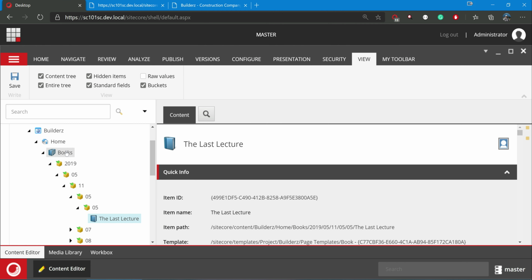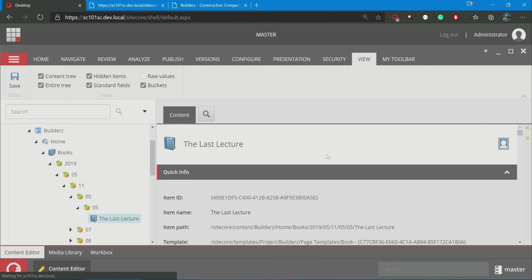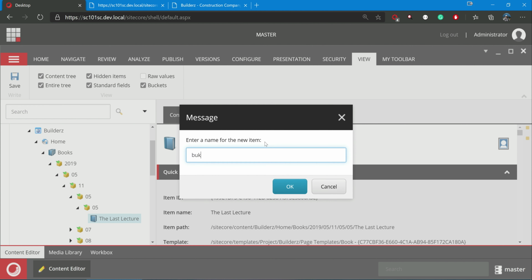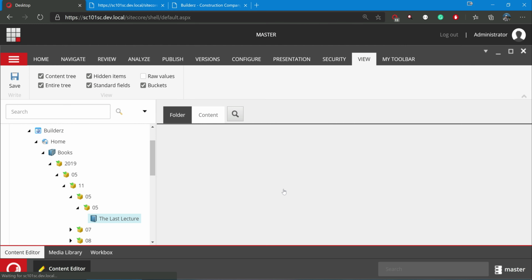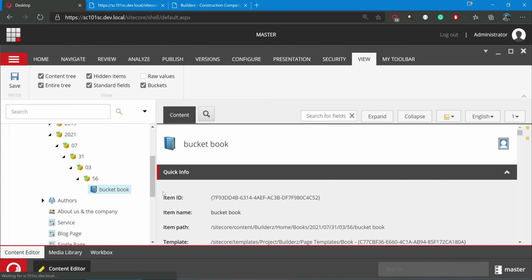If you are adding a new book here, notice where it gets added.